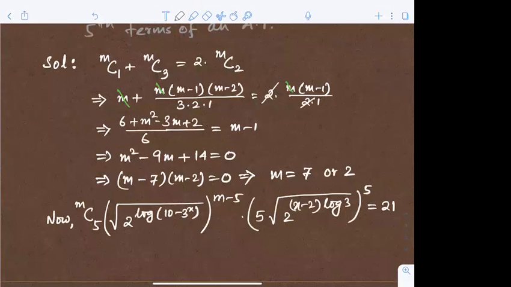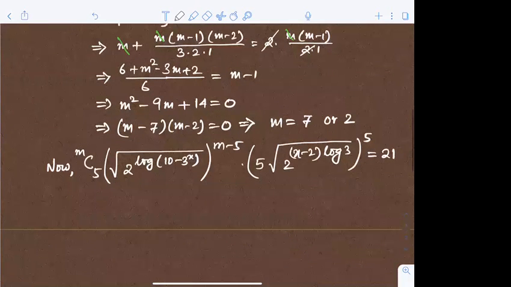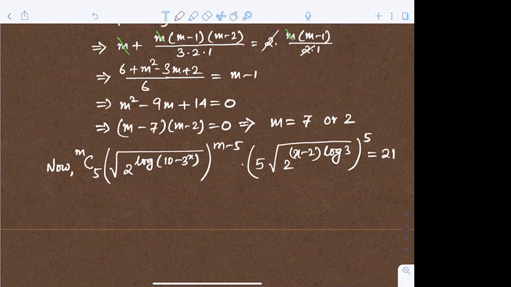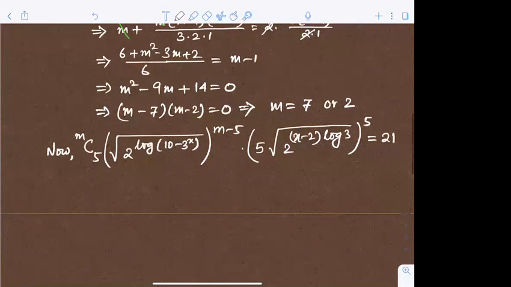Okay, so এটা 21 হবে। m এর ভ্যালু পুট করে আমরা x এর ভ্যালু বার করব। আমাদের তো ফাইনালি x এর ভ্যালু বার করতে হবে। আচ্ছা, বাই দ্য ওয়ে m equal to 2 এখানে পুট করা যাবে না। m equal to 2 পুট করলে প্রবলেম আছে, তাই না? কারণ 2C5 আনডিফাইন্ড হচ্ছে। সো m equal to 7 পুট করব।